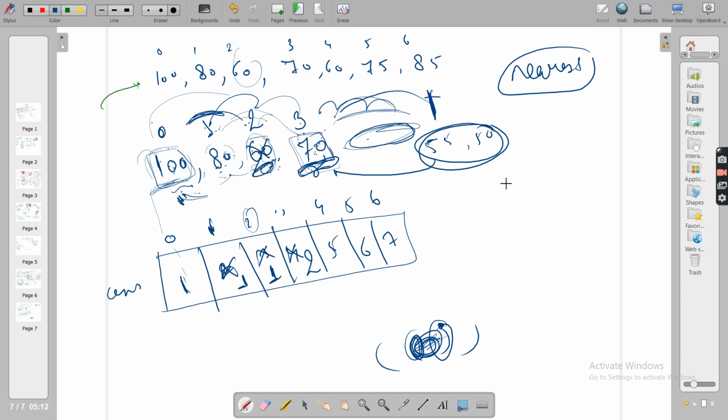When 70 was hanging right here, just coming in, it will see the last greater element, because you want the nearest larger element, which means the last larger element that you encountered. So it will obviously go from here, not from there. It will go one step, one step, one step, because you want the nearest in consecutive direction.